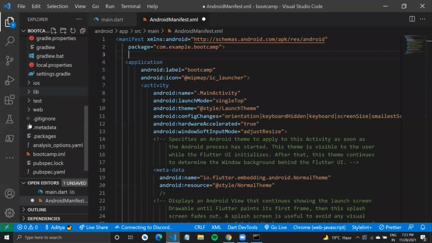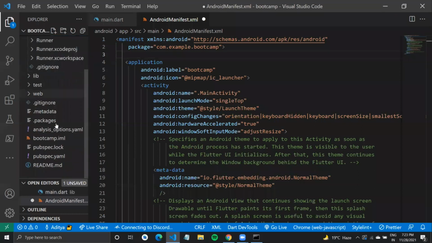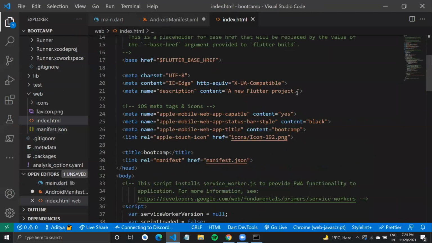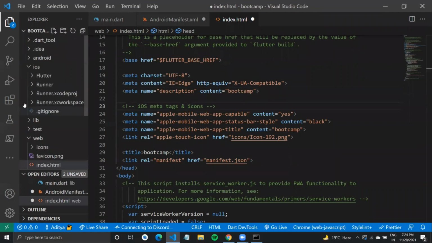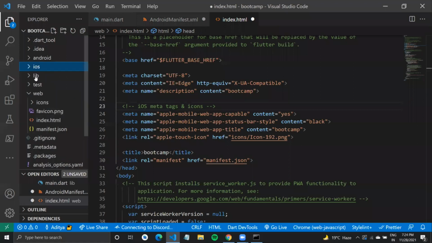And similarly, if you want to make some changes, like maybe you want to change this metadata, right? When you share a link, some of the data is visible, like what the link takes you to. So you can maybe add a description here, maybe call it bootcamp or something. You can do all that part, right? And Flutter makes it really easy, so you can interact with the native side of things as well as write code. So where do we write code in Flutter?